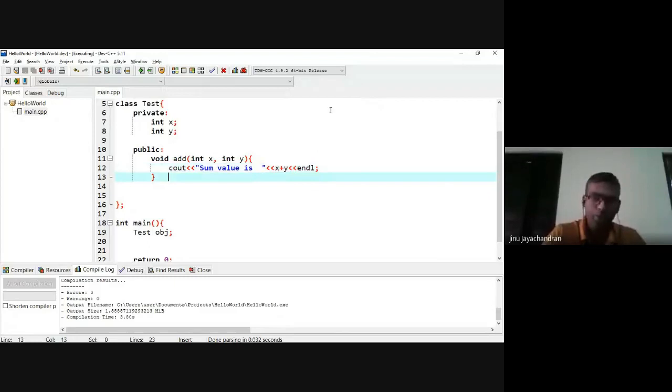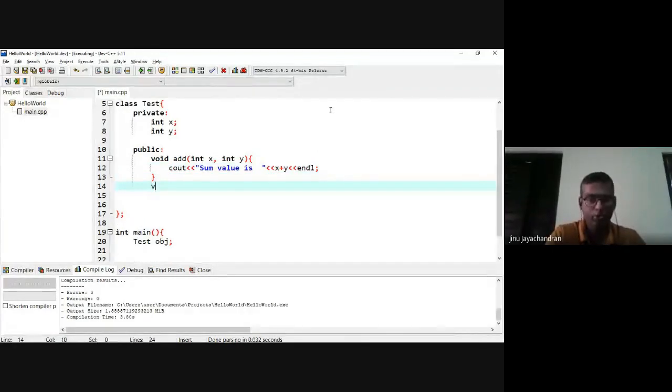Now I am going to define another function, void. Here I am going to add three different variables, but I am going to give the same name, int x comma int y comma int z.